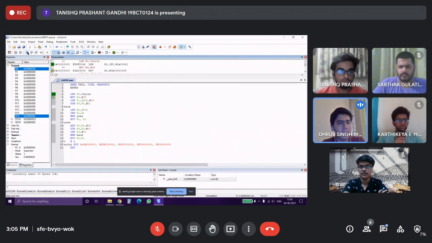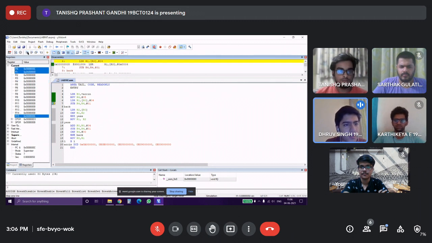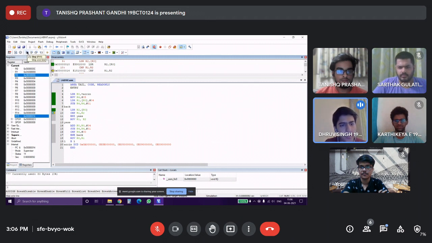Here, as we can see, first the R0 register stores the memory address of the first element in the array, which is 0x0A, and the R4 register stores the value 5, which is the number of elements in the array. The R1 register is loaded with the first element in the array, and we move the R0 register by adding 4.